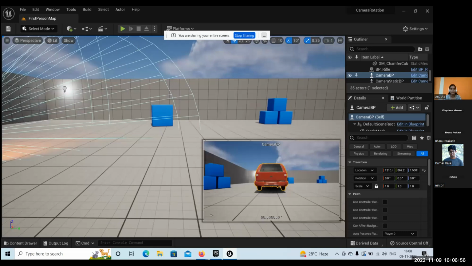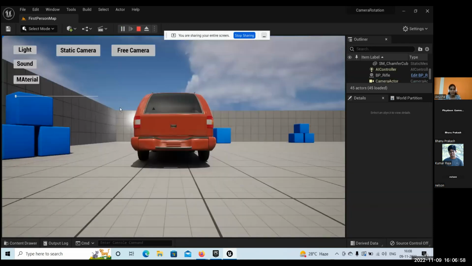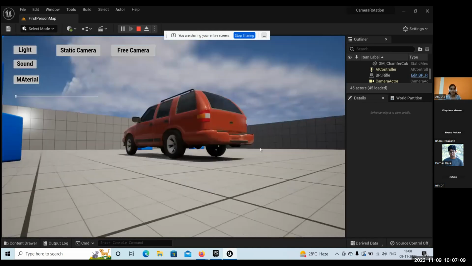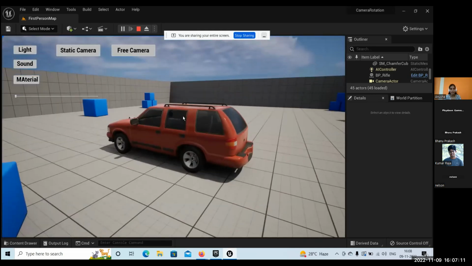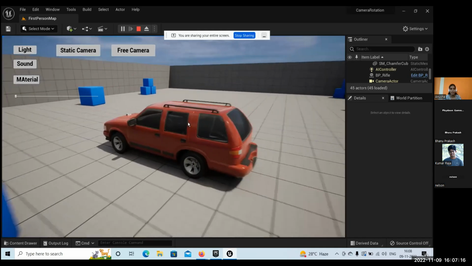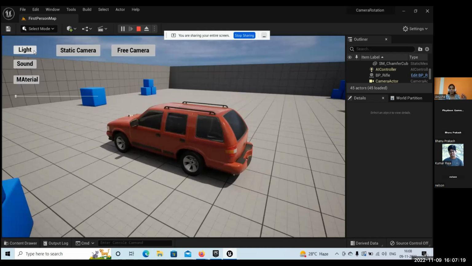So here, actually, we have done light UI where you can see light, sound, material, buttons. When we click on this light, I will show you. We have added 360-degree rotation, and we have done zoom in and zoom out, and we have added a few buttons where you can turn on light and off light, and sound, materials where you can change different materials. Okay, so up to this much we have done. We have not done this